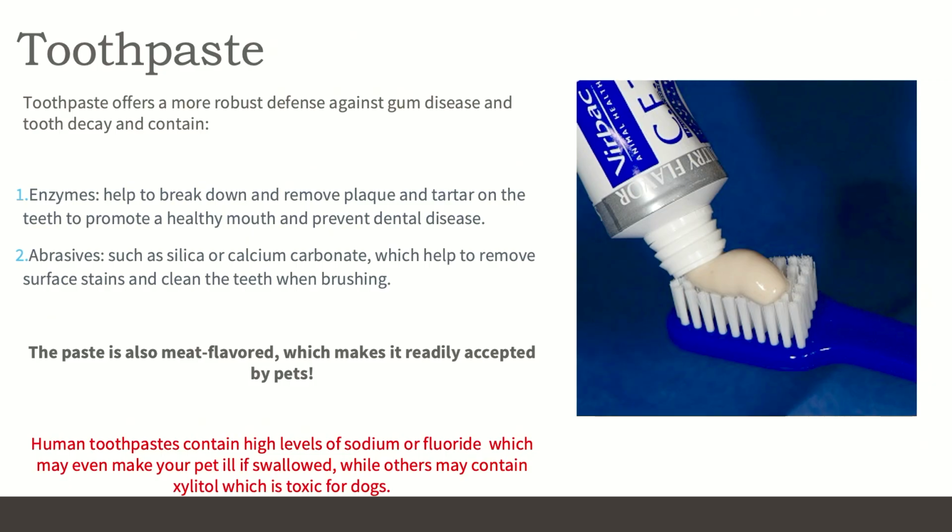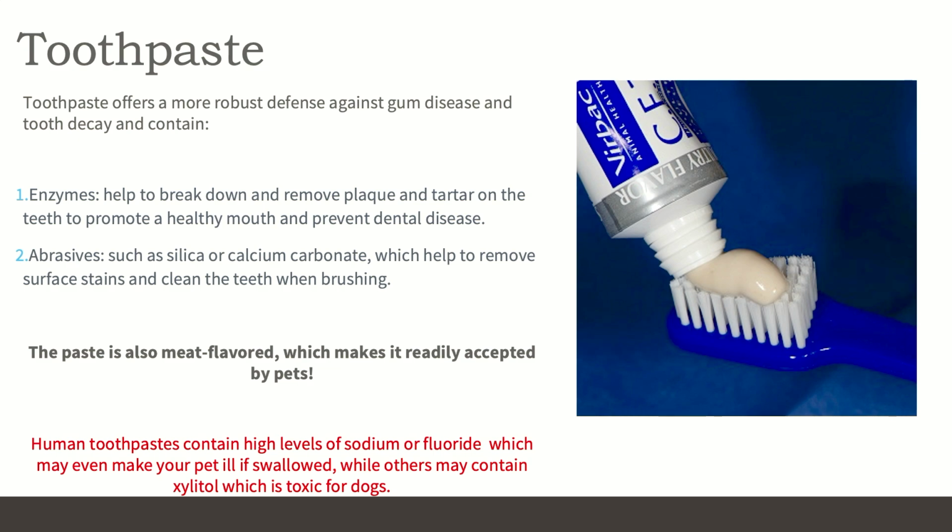So toothpaste is important to use with the toothbrush. Toothpaste offers a more robust defense against gum disease and tooth decay, and often these pet formulated toothpastes will contain enzymes that help to break down and remove plaque and tartar on the teeth, promote a healthy mouth and prevent dental